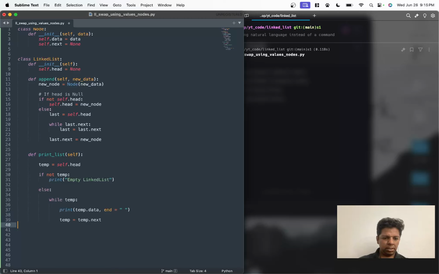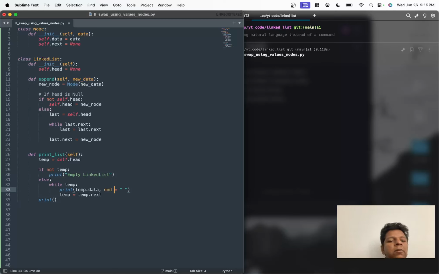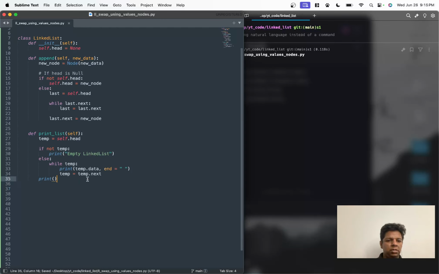So with that done, I'll also need a new line after the entire print, so I'm just gonna add a print statement here. Alright, so that takes care of our print list. Great. So with these two done, now finally let's add our